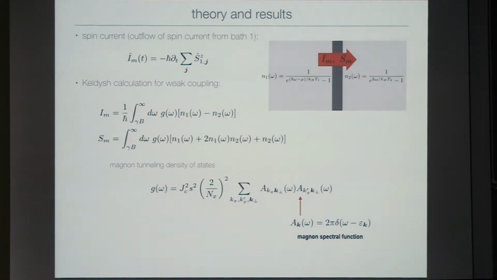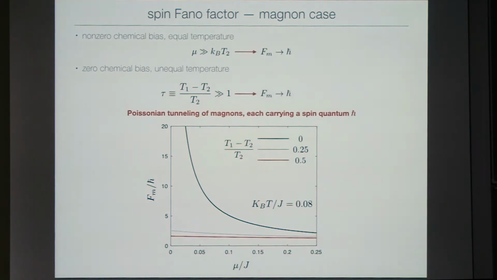Okay, so let's compare the two results. First, I want to start off by looking at the spin Fano factor for the magnons. Let's first consider the case when the magnons are at the same temperature, but you bias the chemical potential of one magnon system, but you bias it strongly so that it's much larger than kBT. Then the Fano factor, which is just the ratio of noise to current, actually approaches h bar, which is just like the